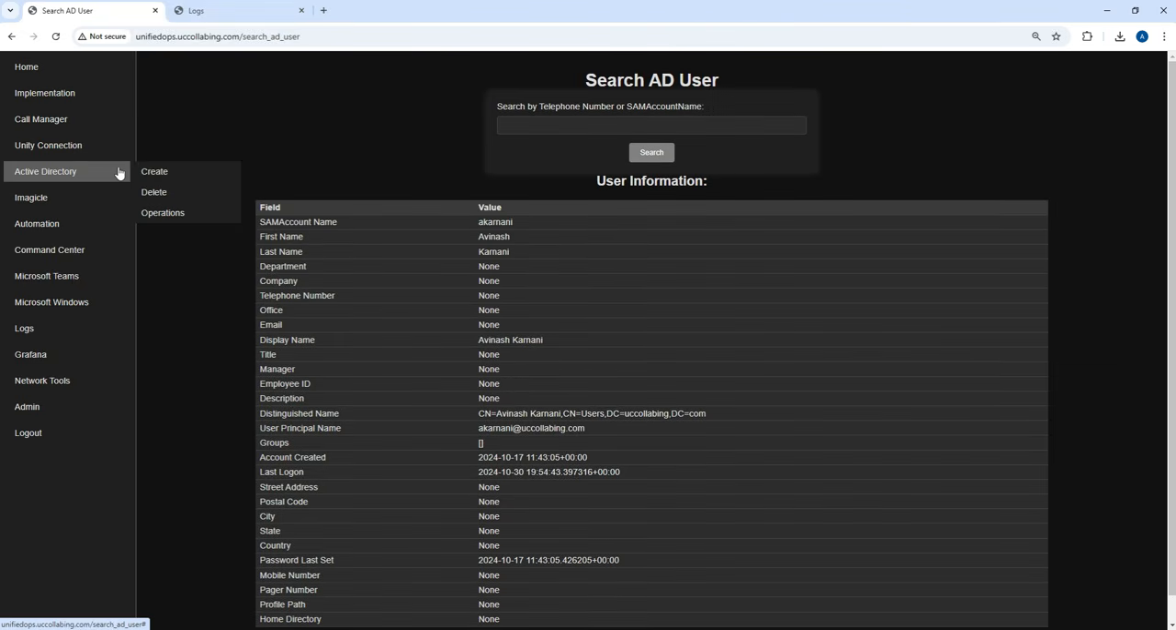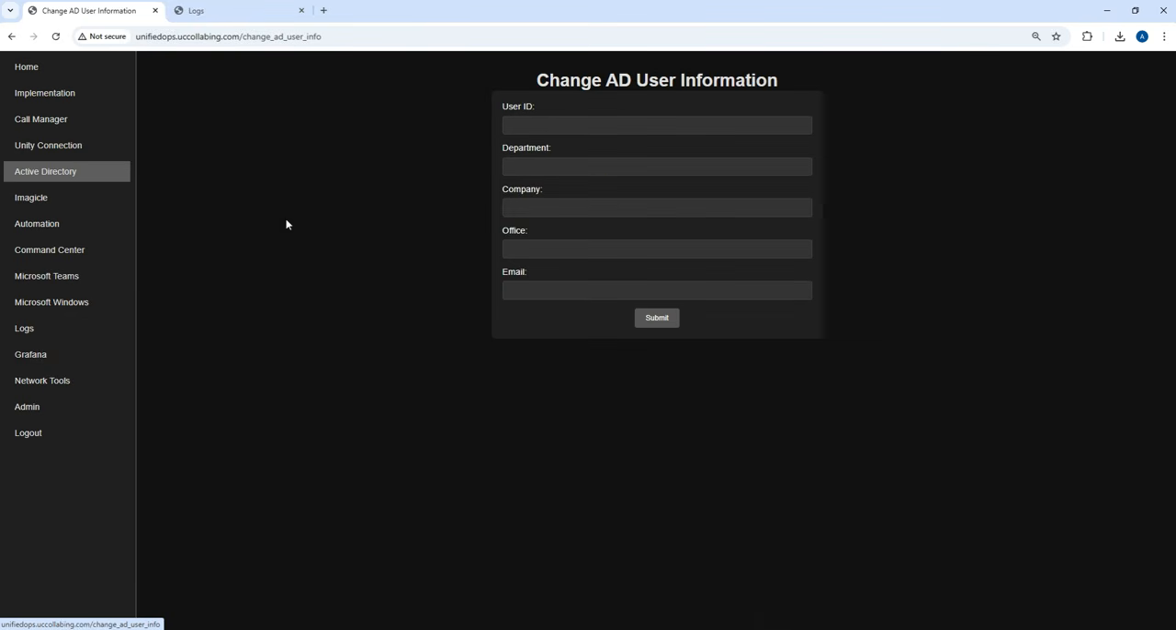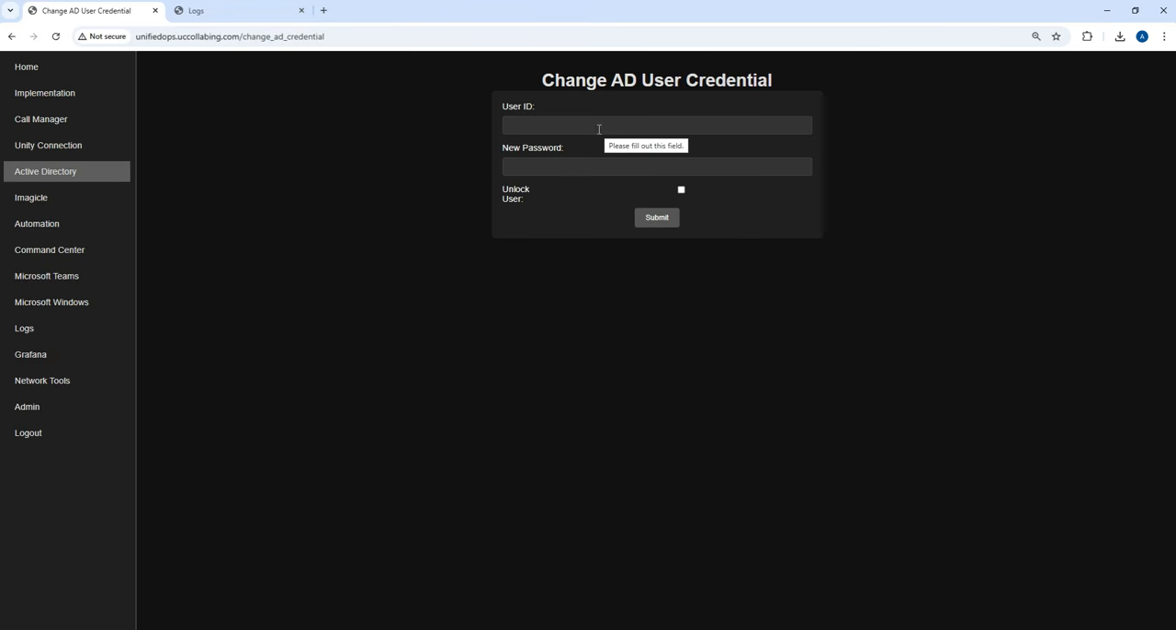So I can search for the user in AD, and then I can also change any of the AD related information like user ID. I just put the user ID, change the department, office, company information, email address, etc. Similarly, I can change the AD credential as well. I put the user ID, unlock the user account, and put the new password. I can do that as well. Now, next is